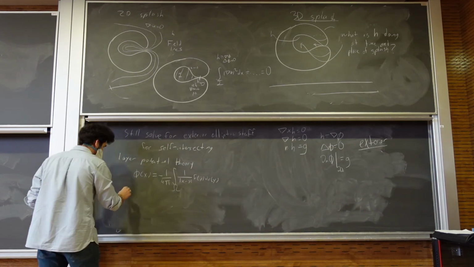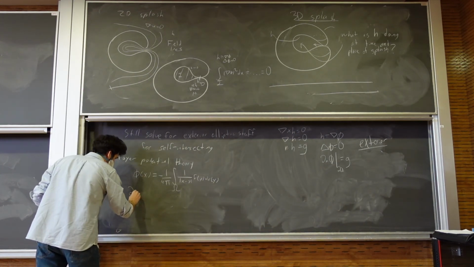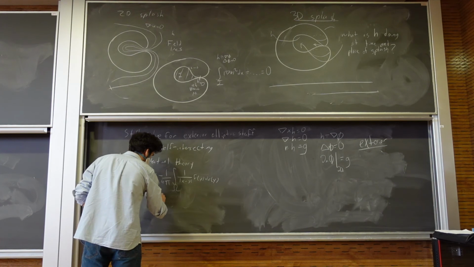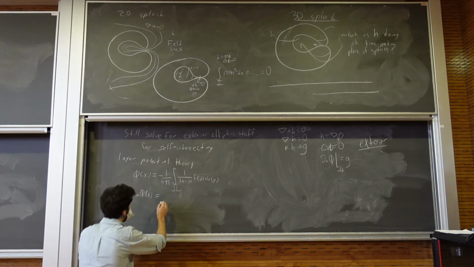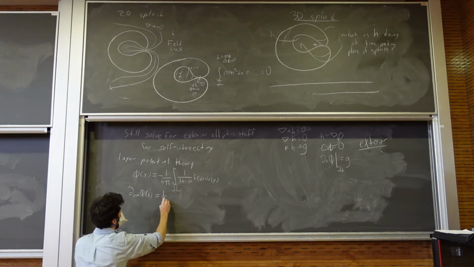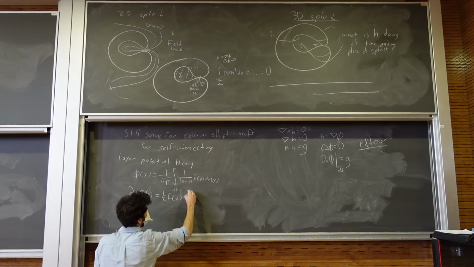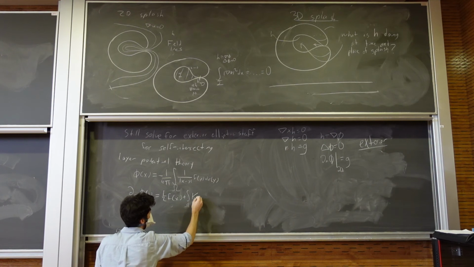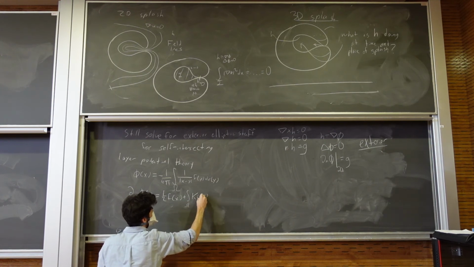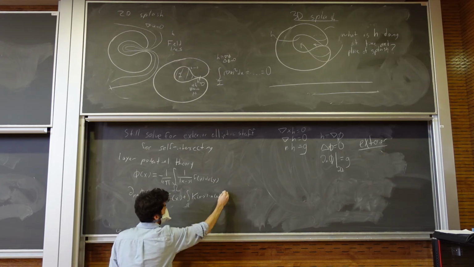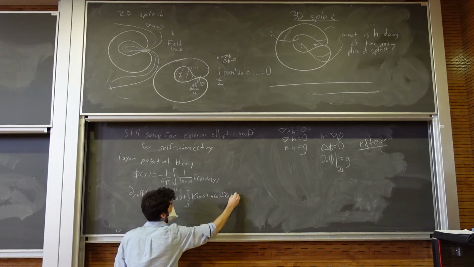So you can calculate that the normal, I'll write it as dn plus of phi, is equal to 1/2 f of x plus the integral over the domain of k of x minus y dotted with n of x, f of y, d sigma of y,